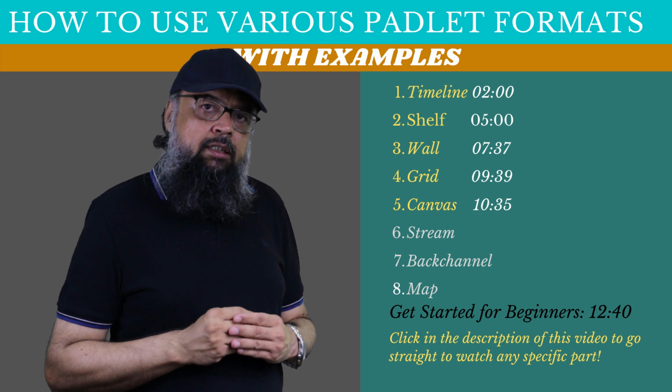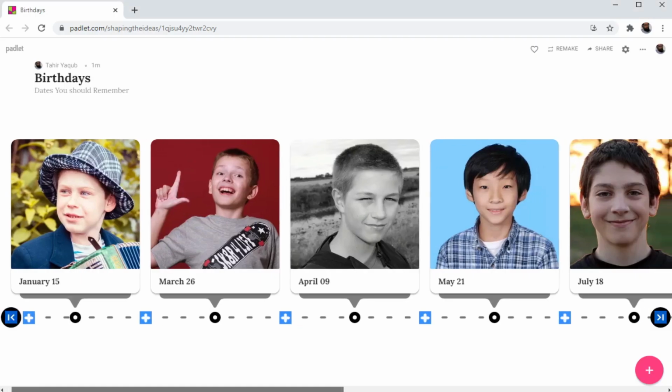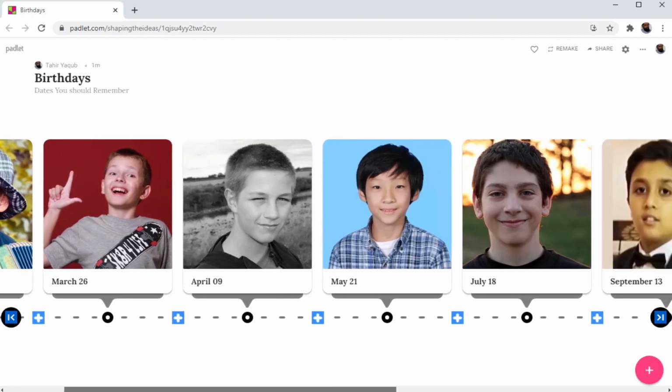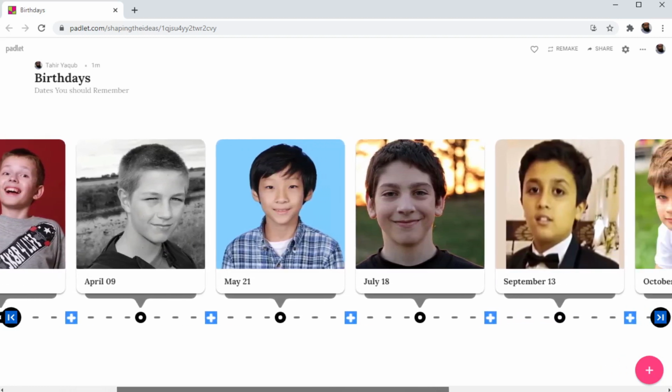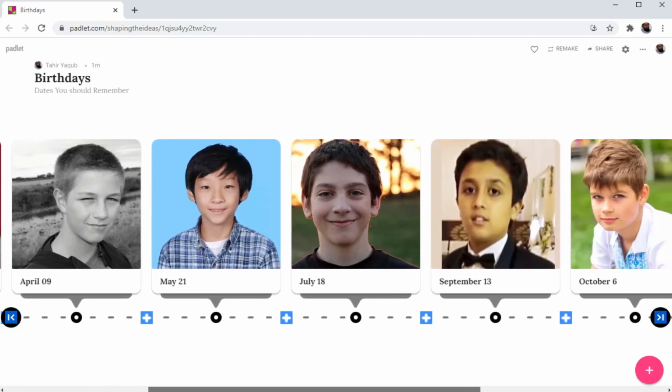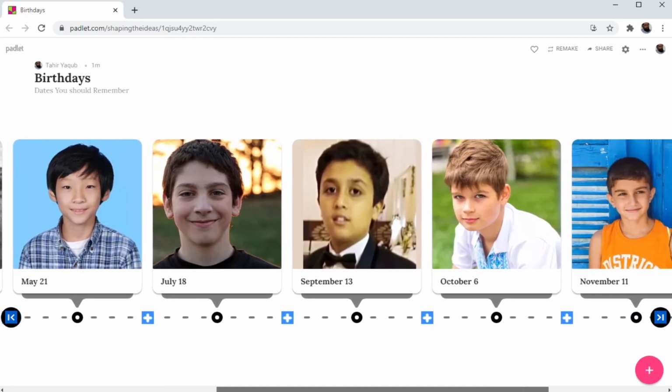After showing this timeline, you show them another timeline, which is the timeline of birthdays of all of your students. And you will grab their attention immediately. When they see their faces, and a date is written there, you ask them to remember this date for your colleagues and so on.